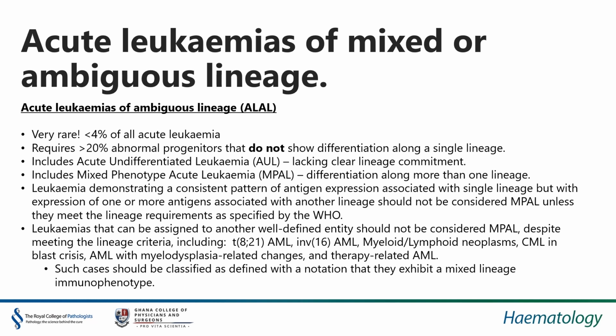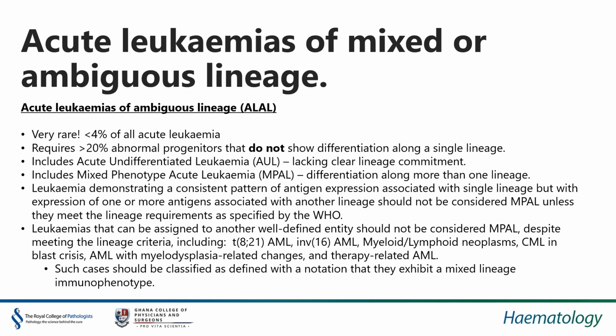Now, this can include acute undifferentiated leukemia, where you lack a clear lineage commitment, but also includes something called mixed phenotype acute leukemia, or MPAL, where you see differentiation along more than one lineage. This may be T myeloid or B myeloid. Now, leukemias that can be assigned to another well-defined entity should not be considered MPAL, despite meeting the lineage criteria below. So I think it's quite good here to put this slide up again that we showed earlier,